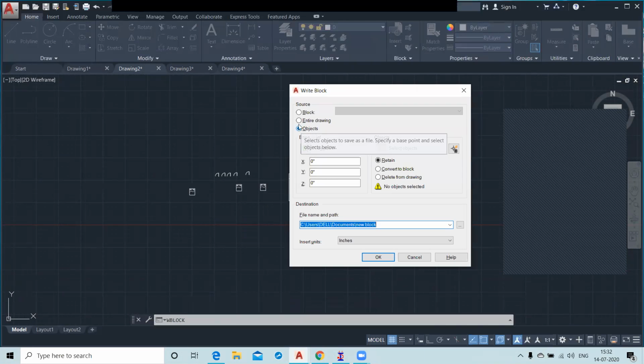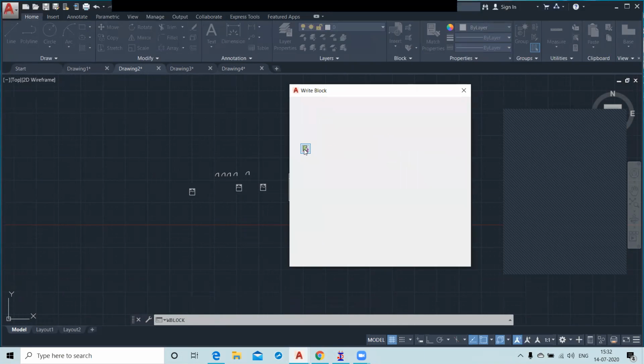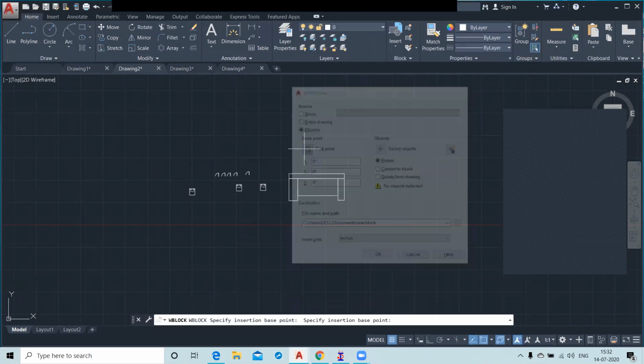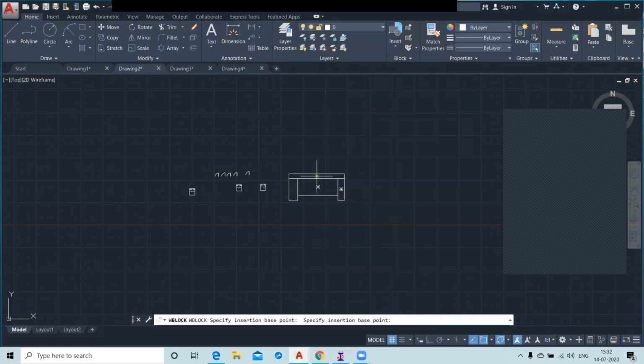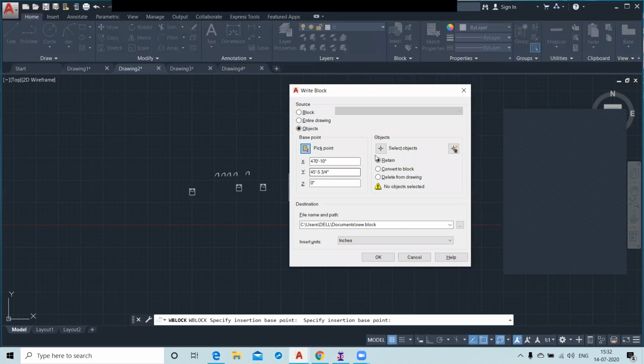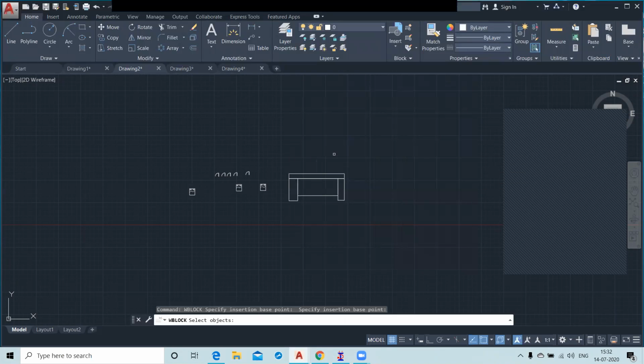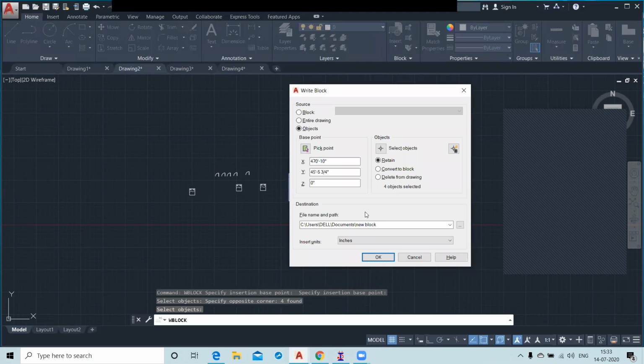Here we choose the option as Objects. Click on the base point and specify the base point here, and click on select objects. But for the bed you selected a block. In the block option we don't have to select the base point and pick point; we have to choose from this window, the temporary block options.